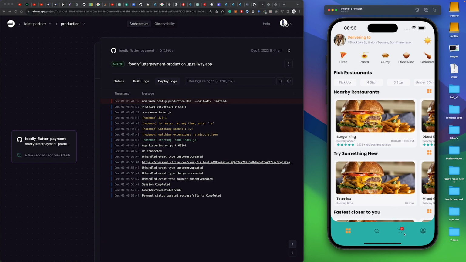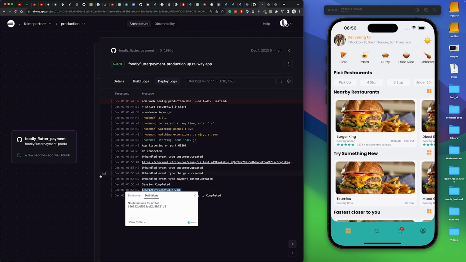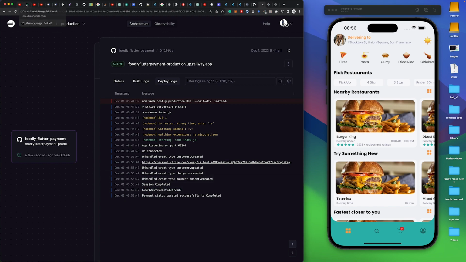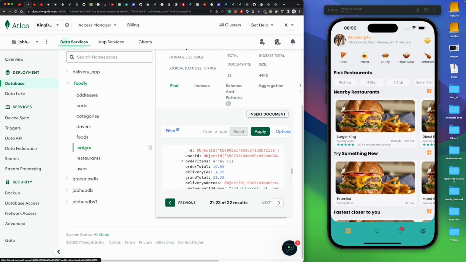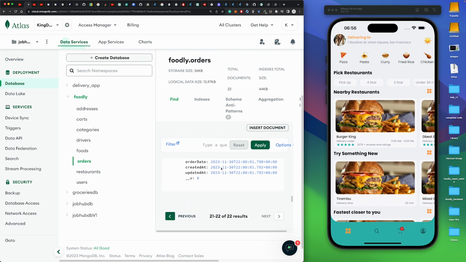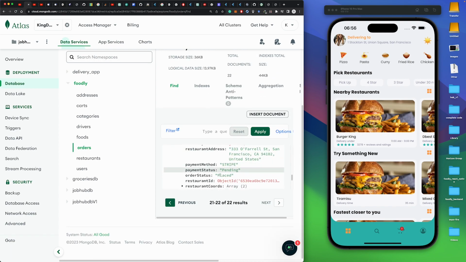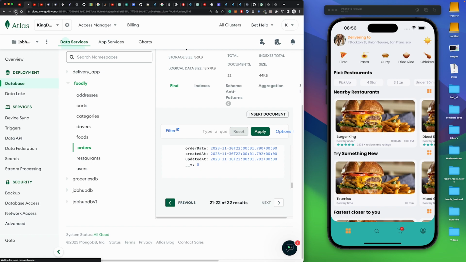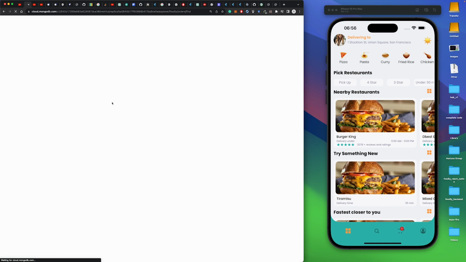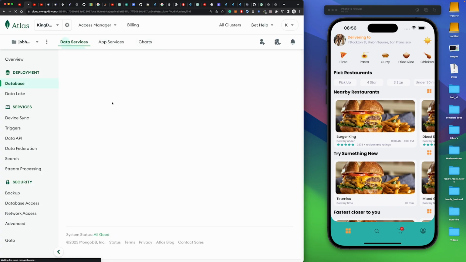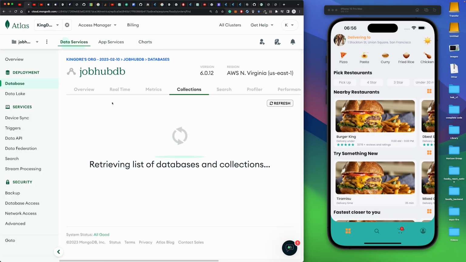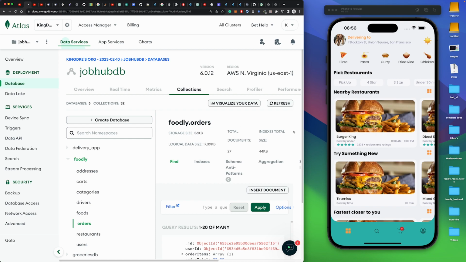Payment is working fine in order creation. So if we go to the database and look for this number, this ID, it's supposed to be in orders. So on create, the first time when we create, the payment status is pending, right? And after the payment has been made, then we're going to update the order payment status